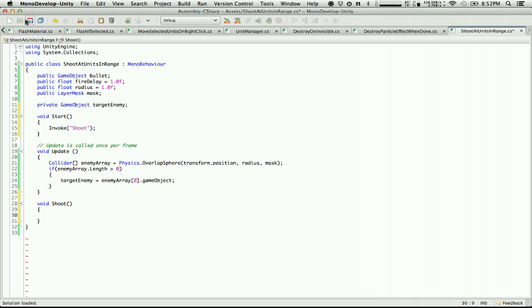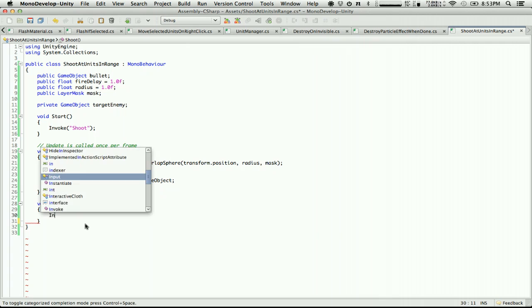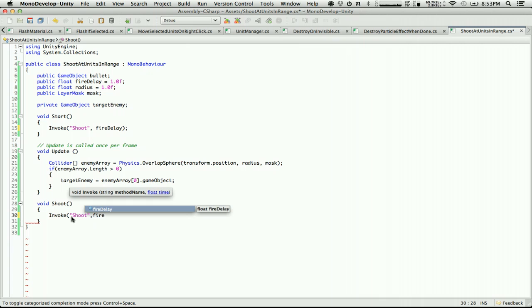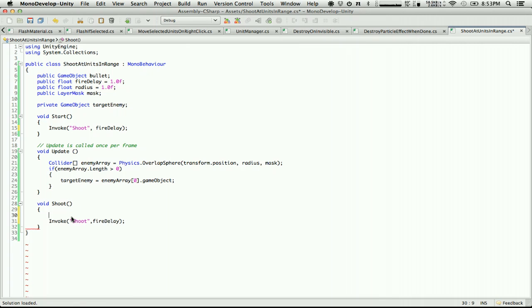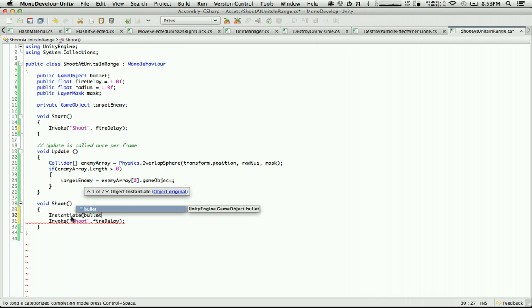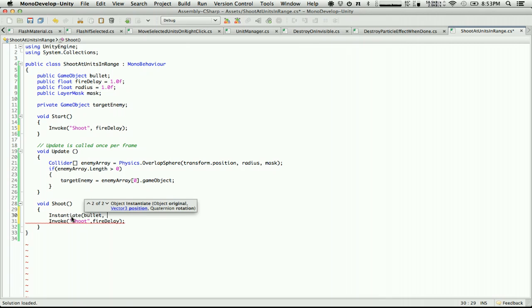And what we've done in games before is we'll invoke our own shoot function with our fire delay, which I forgot to put up here. And that will be at the bottom of our thing. And then the other thing we'll do is we'll actually create a projectile and shoot it. So instantiate bullet, transform.position and quaternion rotation. Let's go with